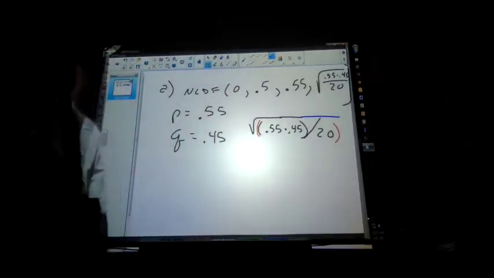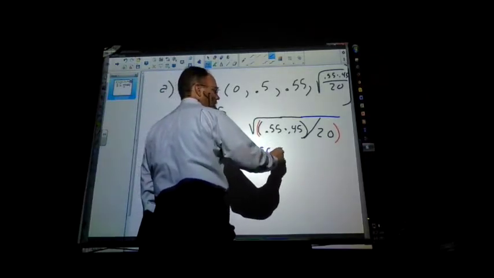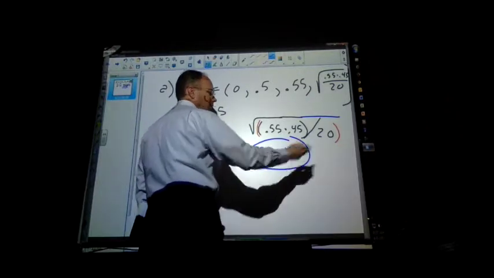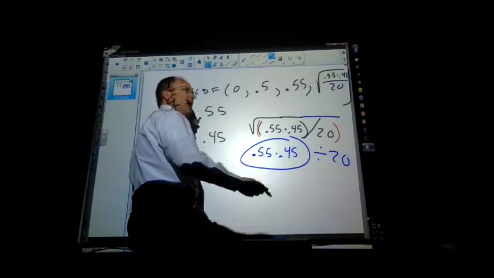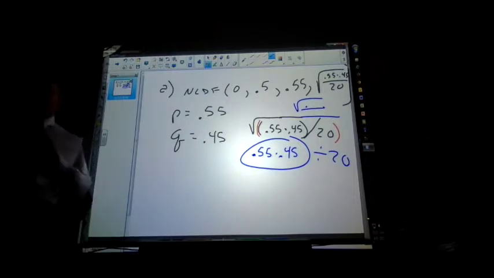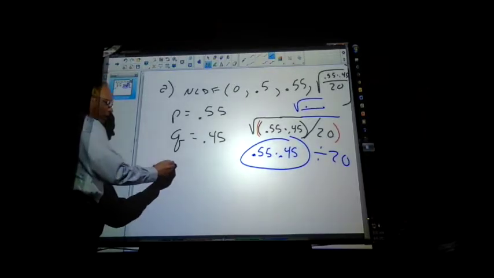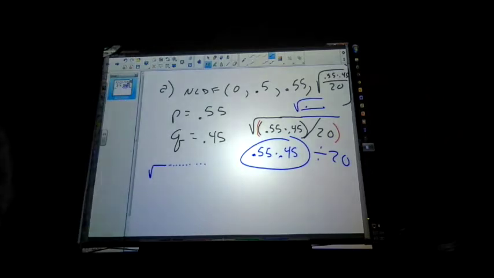Okay? If you're still having problems with that, do this off to the side. Do the math, figure out what that answer is, divide by 20, then plug that underneath your radical. Does that make sense? Just be cautious because some of your calculators were showing the square root without the line continuing over it. So I think the calculator sometimes is going to give you an incorrect answer even though you are doing the steps correctly. So just be very cautious. An extra set of parentheses might not hurt in this case.